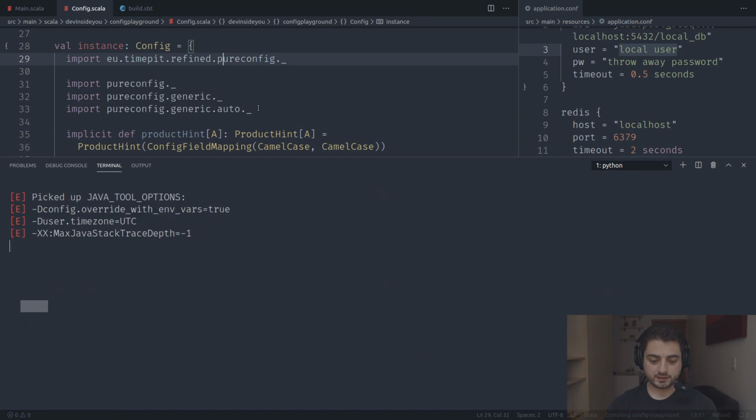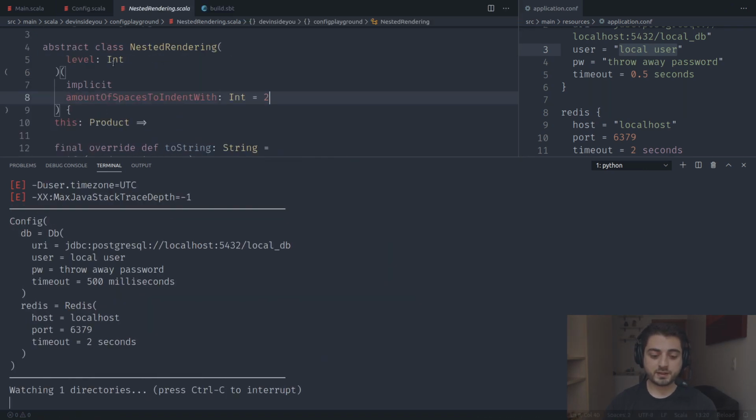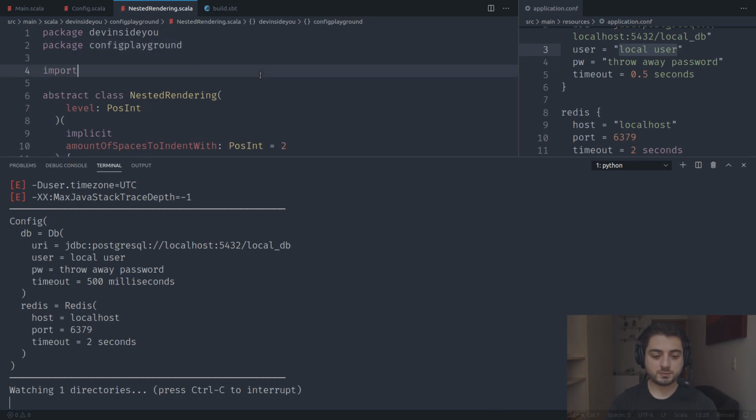Let's run it again. Great. And now that we have refined, we can go to our nested rendering and improve it a little bit. We can say that our ints should only be positive ints. For this we need a couple of imports. We need to import